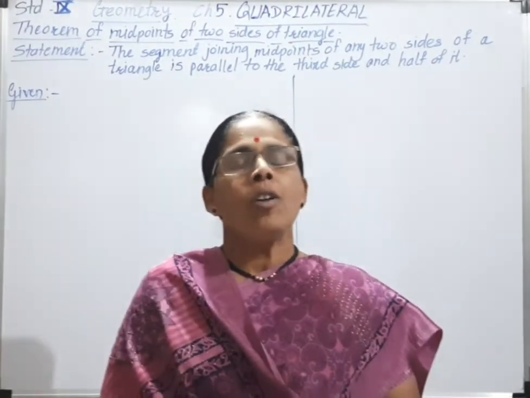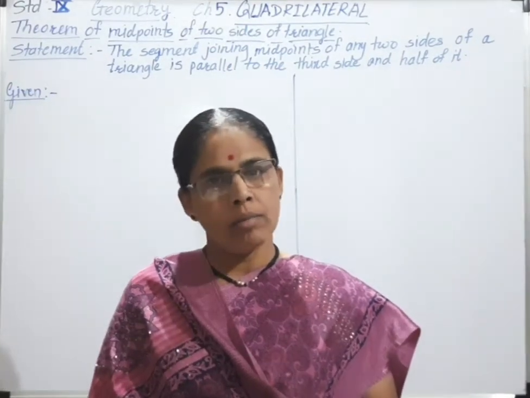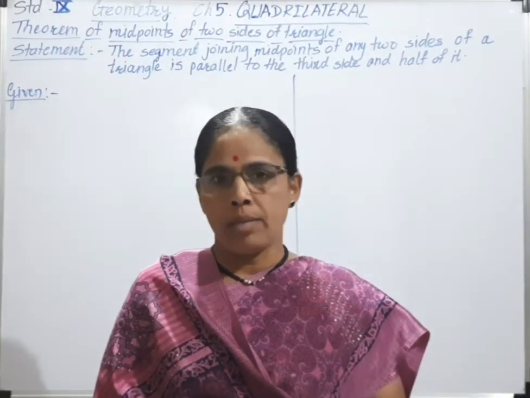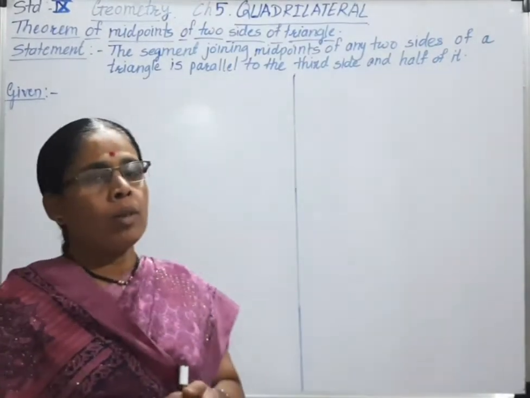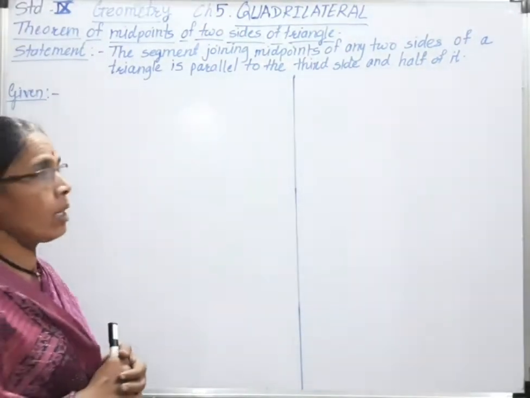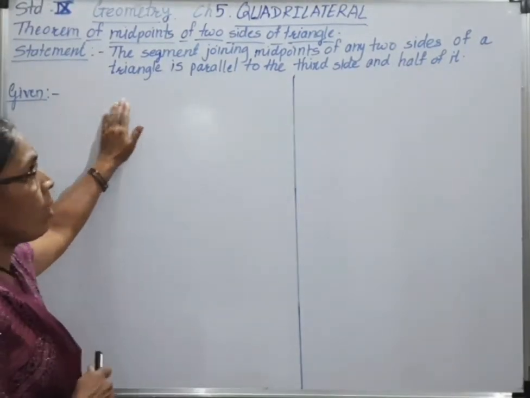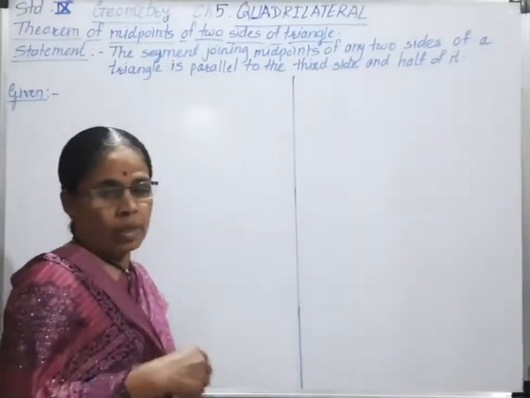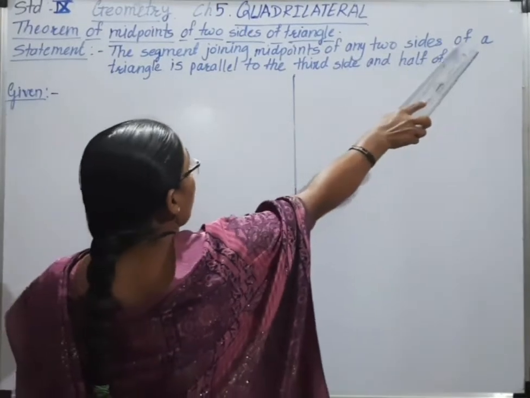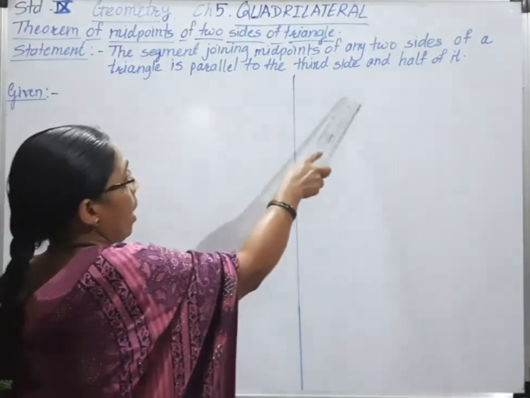Hello students, we know the properties of all types of quadrilateral, that is parallelogram, square, rectangle, kite and trapezium. Now today we are going to learn about the next part, that is the theorem of midpoint of two sides of a triangle. The statement of this theorem is: the segment joining midpoints of any two sides of a triangle is parallel to the third side and half of